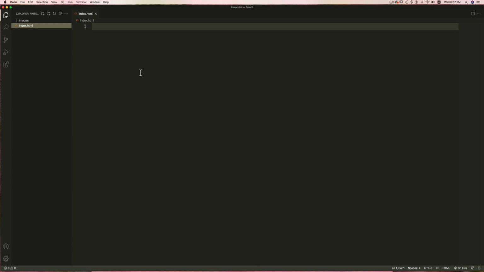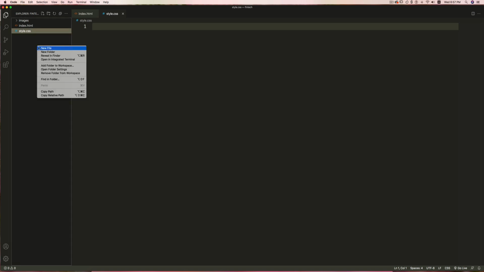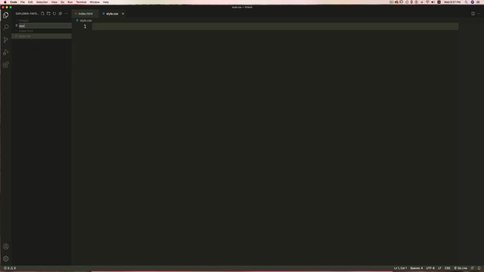So let's begin by making files that we will require for the project. I'll be using VS Code as my editor. Inside this, I'll open up a folder, and here I have this images folder in which I have some images. The first thing you need to do is to create a file called index.html, wherein we are going to write the HTML. Then I'm going to create a new file called style.css. Here I'll write the CSS, and then again I'm going to create a file called app.js. Here I'll write the JavaScript for the navigation toggle. So these are the files that we'll require.